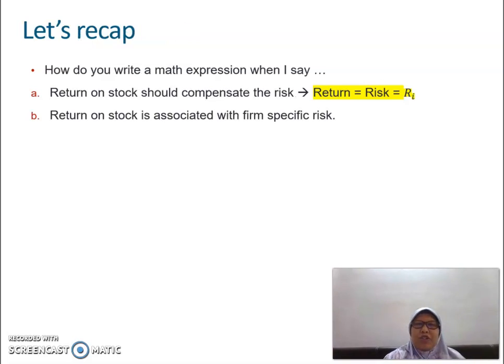So it should be like this. Return should equal risk, and therefore both return and risk bear the same sign, RI, or return on stock. Second,